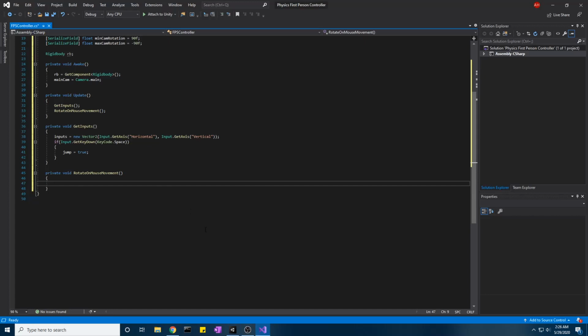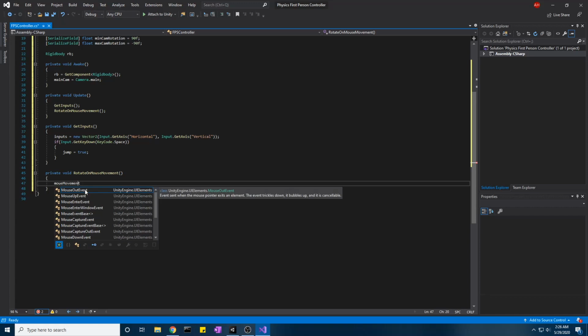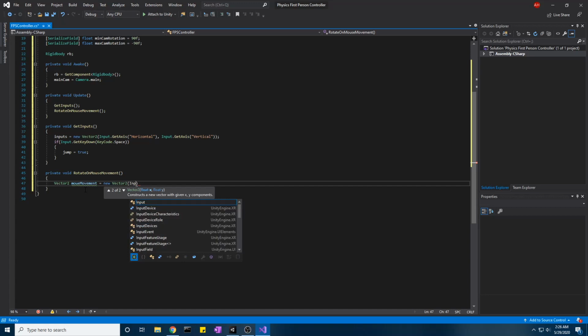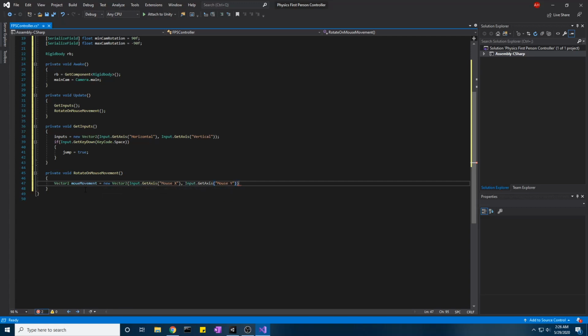So now then, back to our code, we want to do mouse movement, and we can just say Vector2 mouseMovement is equal to new Vector2 Input.GetAxis mouse X and Input.GetAxis mouse Y. Now then, another thing to note is that these values are frame rate independent, so we do not have to multiply at any point by Time.deltaTime. So anyways,